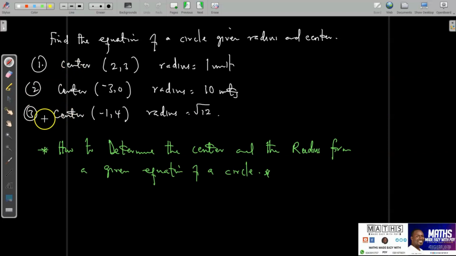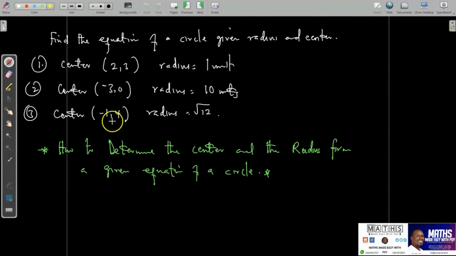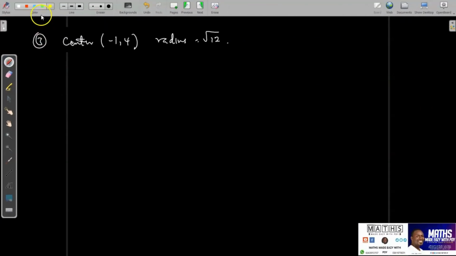So let me copy question number 1, or maybe which question do you like me to consider? Yes, which one? So the third one. The third one. Okay, so you want me to work out question number 3. So taking question number 3 to another page, I'm going to use 2 methods as I said. So method 1